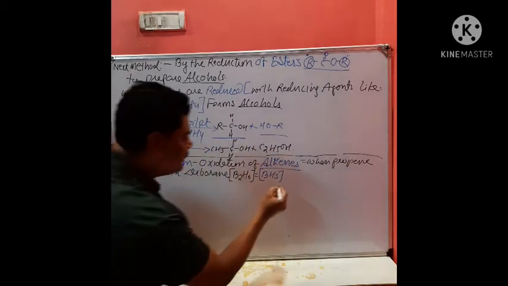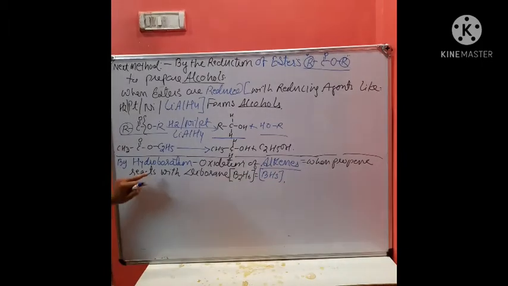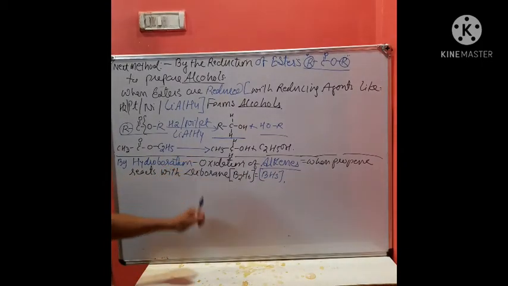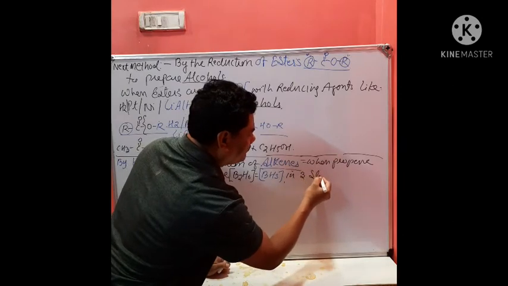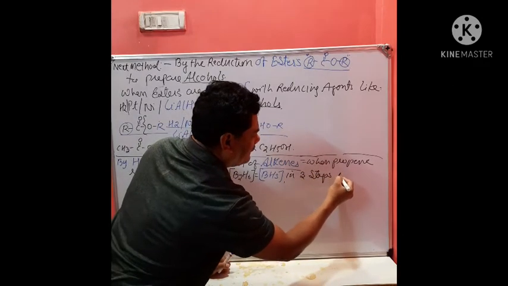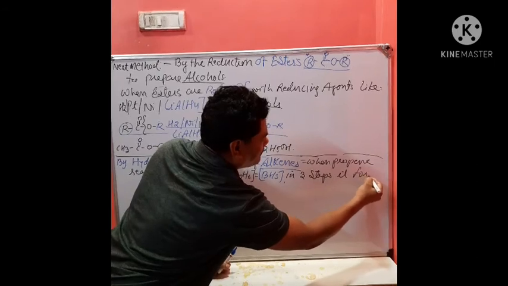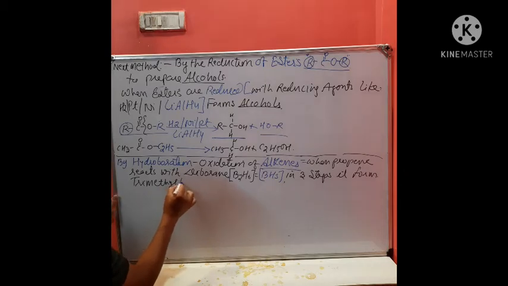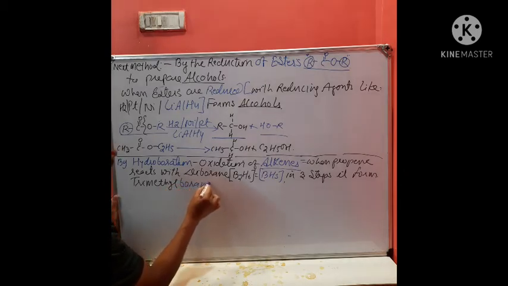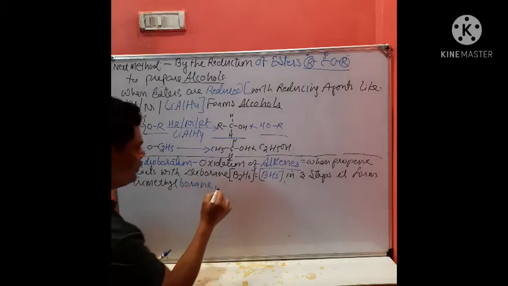When propene reacts with diborane, that is BH3, in 3 steps it forms trimethyl borane, which